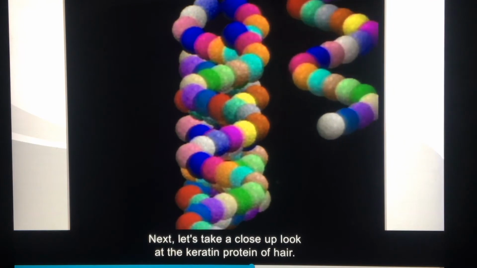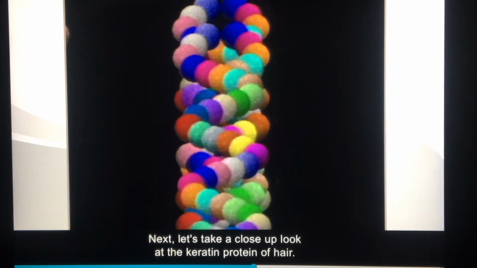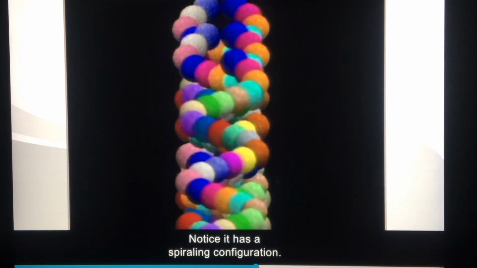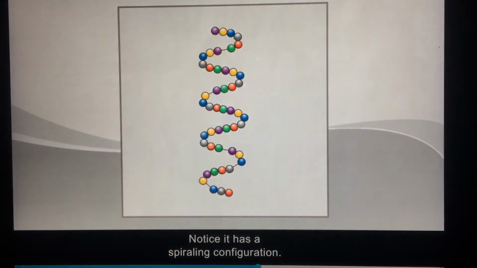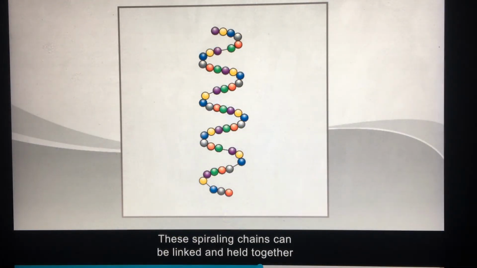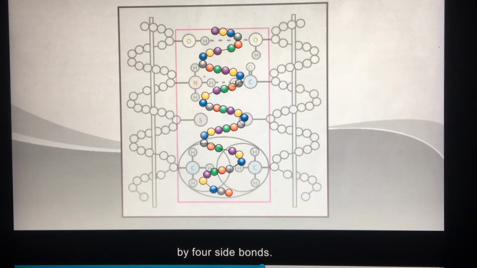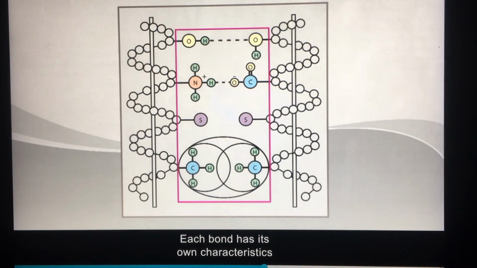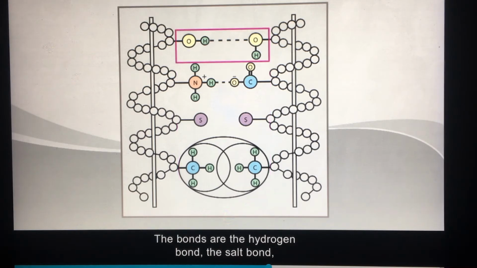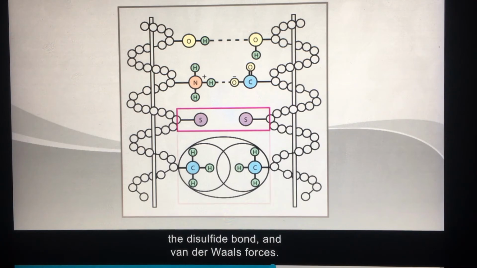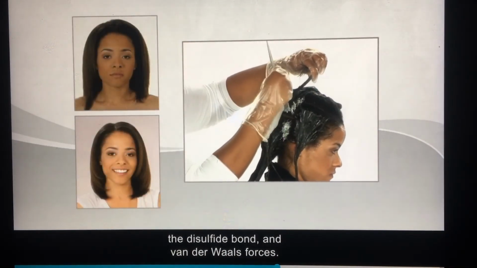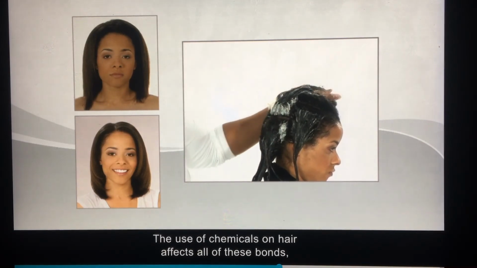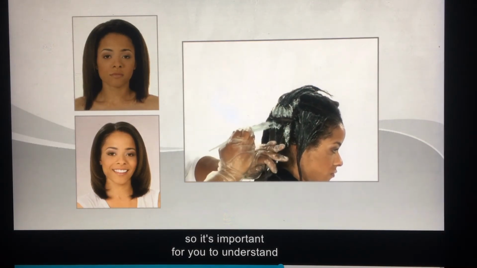Next, let's take a close-up look at the keratin protein of hair. Notice it has a spiraling configuration. These spiraling chains can be linked and held together by 4 side bonds. Each bond has its own characteristics and serves a different purpose in building hair. The bonds are the hydrogen bond, the salt bond, the disulfide bond, and van der Waals forces. The use of chemicals on hair affects all of these bonds, so it's important for you to understand how the